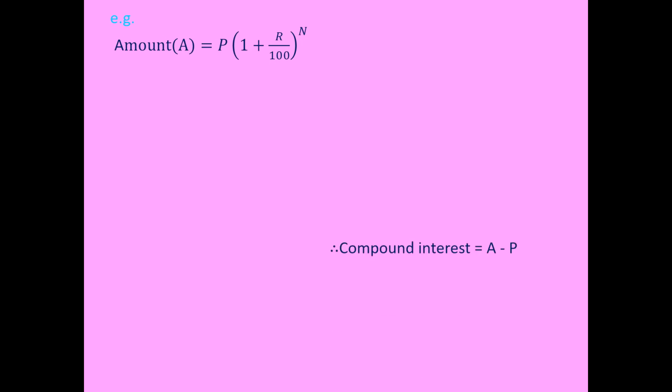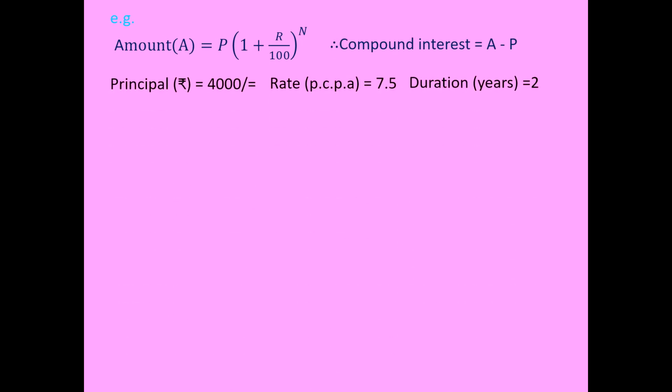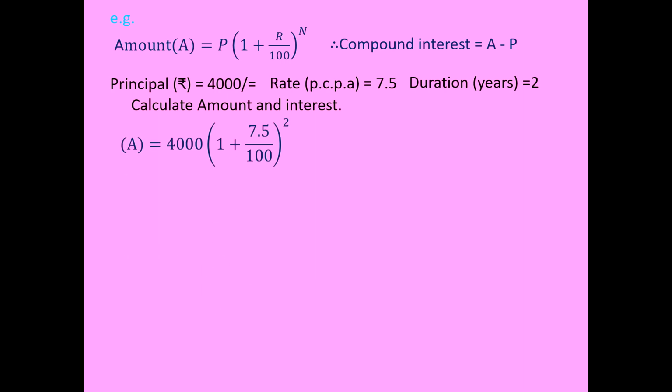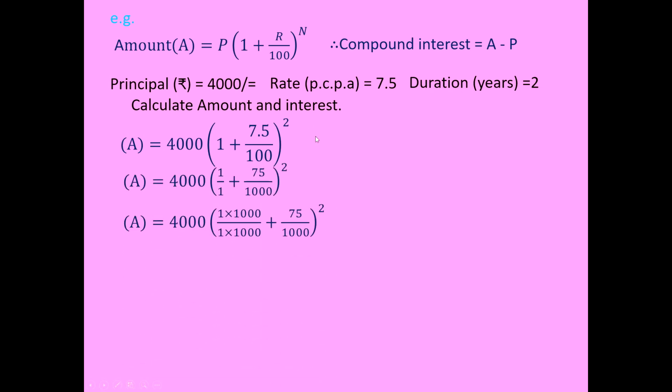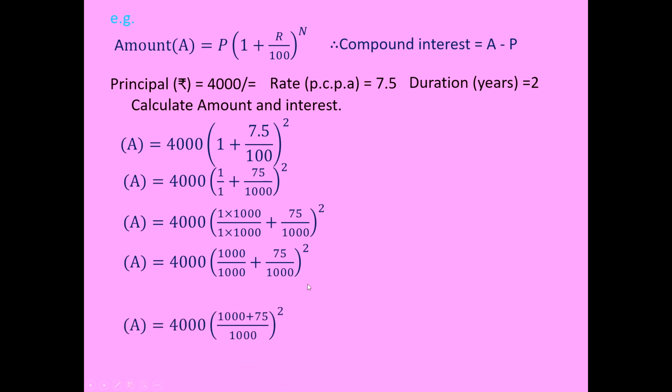One more example for ourselves. So this time principal is 400, rate is 7.5 in fraction form, and duration is 2 years. We need to calculate amount and interest. So for the formula substitution, as you can see, the method will remain the same. Here while equalizing, you will find that the decimal point was removed and the number of digits was increased in the denominator. Again equalizing the denominator, then simplification,